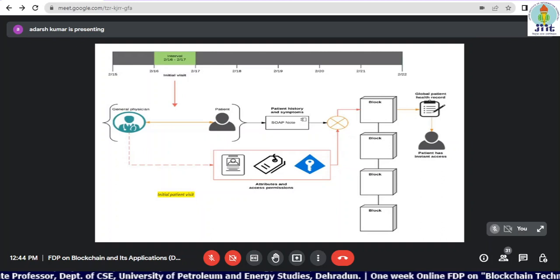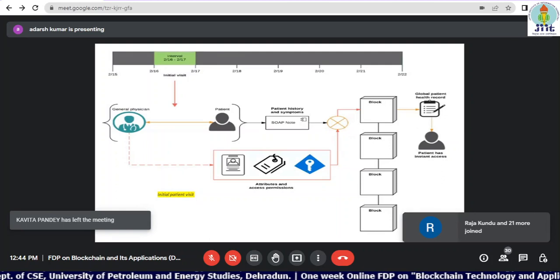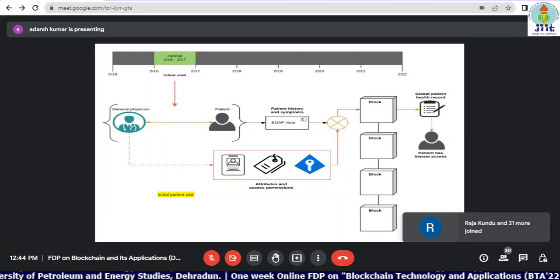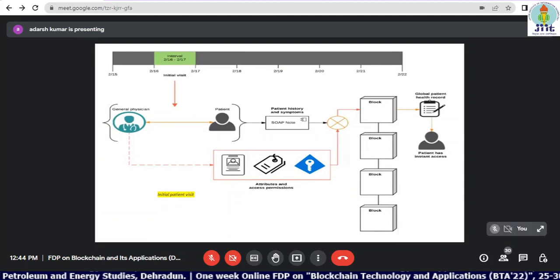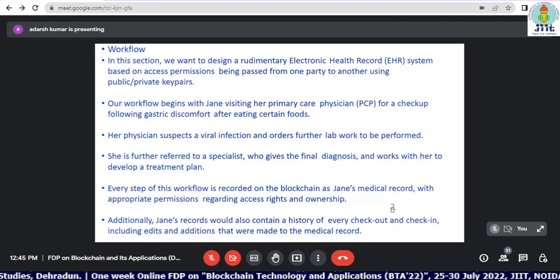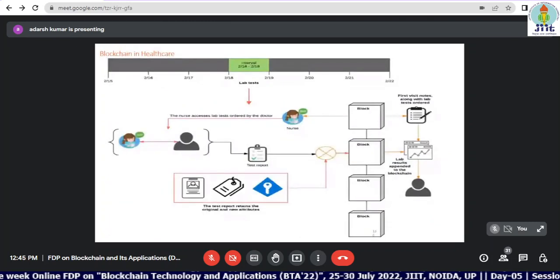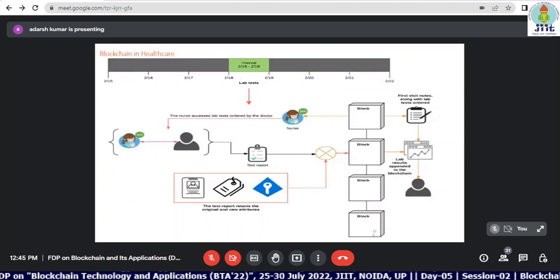So we started creating the blocks, and you can see the timelines. The first step shows that we need to contact the general physician. We cannot skip any of these steps if you want the right kind of treatment and the right claim from the insurance company. Right. So this is the flow I have just explained to you. You can read out this flow. Now the second one is that the doctor might ask you to go for some clinical trials or lab tests.